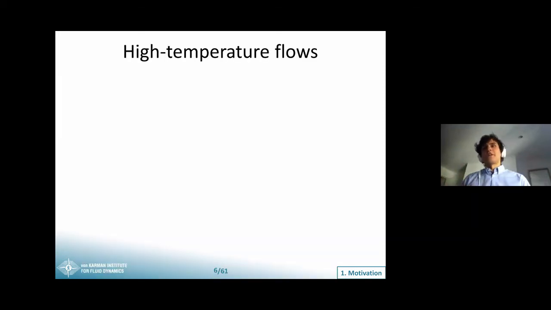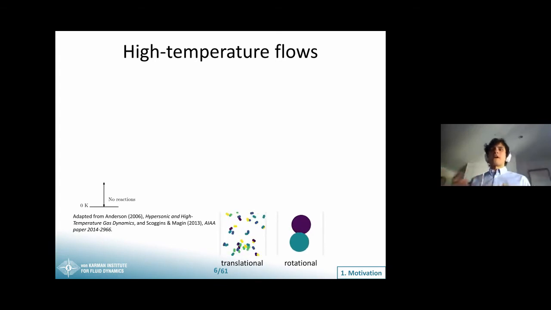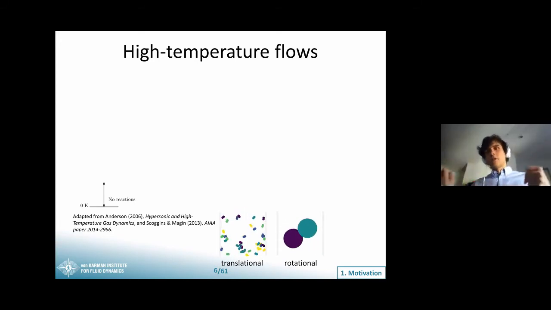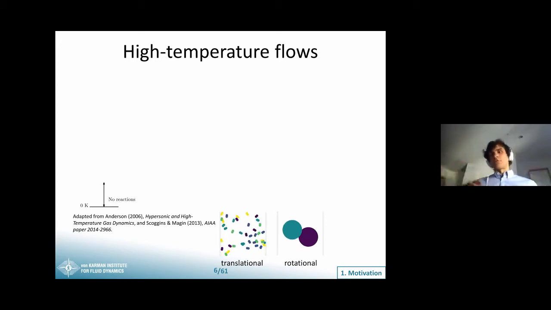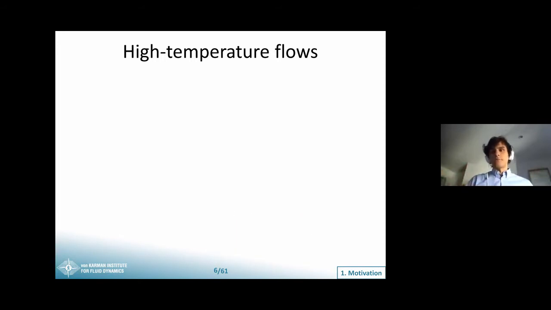On top of that, if we have high temperature flows, like the ones that are featured in atmospheric return missions, there are a series of additional considerations that we have to take care of. So if we are at a lower temperature, our gas can store energy either in a translational mode, which means just basically the molecules moving around, or in a rotational mode, which is the molecule rotating about its axis. However, as temperature increases,